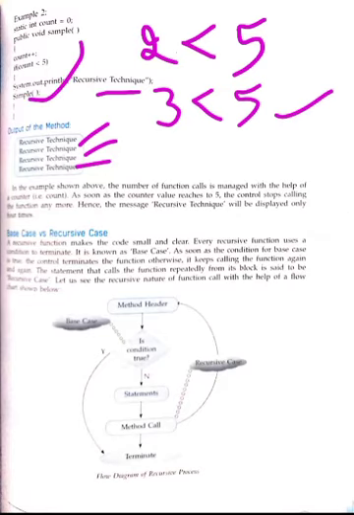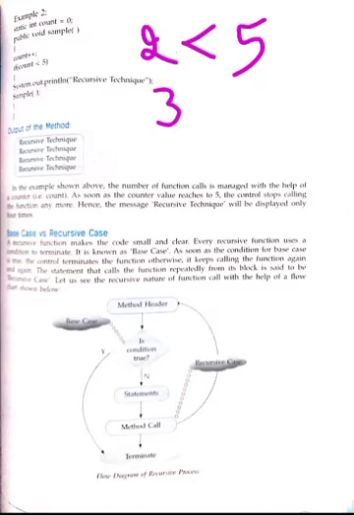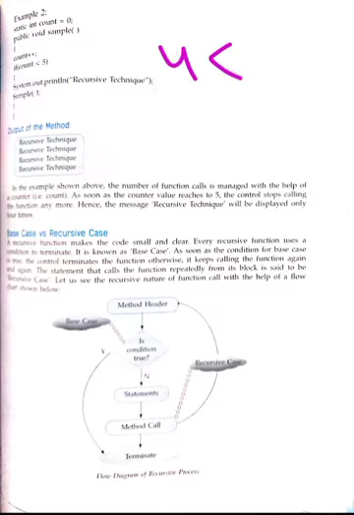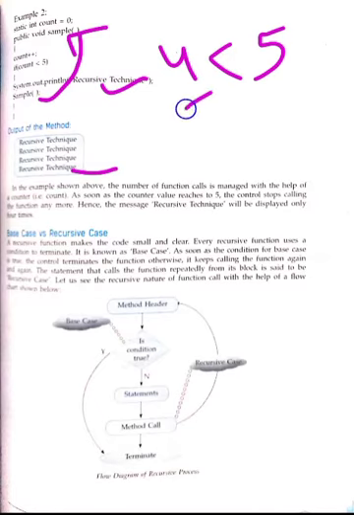Again it will go to the sample function. Now the increment of count will take place. Now again the condition is true, 4 less than 5. It will print "recursive technique" the fourth time, and then again it will go to the sample function. Now when it increases the value of count, 5 less than 5 will be false. When the condition is false, its block will not execute, and it will terminate there.